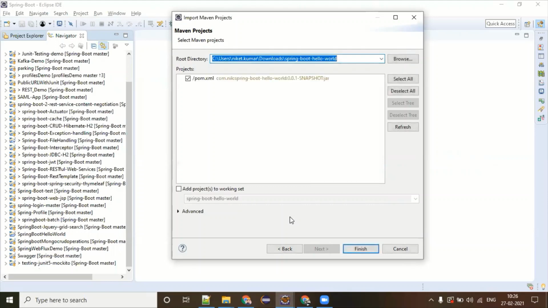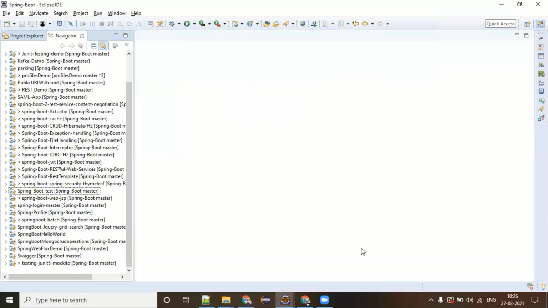So I'm just pressing enter here, and it's the responsibility of Eclipse to figure out in this root structure where the pom.xml file is. This has selected the pom.xml file automatically. We don't need to do anything. If your project is not a Maven project and you try to import it as one, this finish button will not appear for you, because Eclipse is always checking whether there is a pom.xml file or not. So let's click on finish.